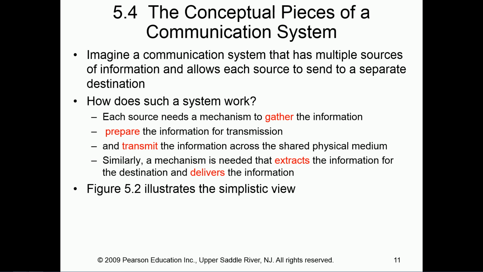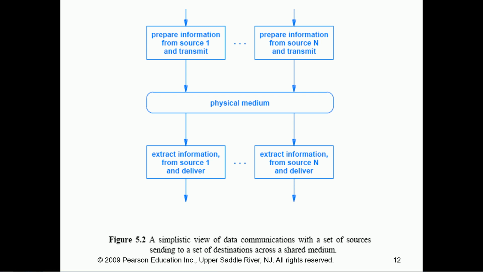Once it gets there, you extract the different packages to wherever they need to go. Some packages may be going to the south, some may be going to the north, some may be going to central. Just kind of depends. And then you deliver them to their individual locations. Graphical representation of that is you prepare it, you send it over the medium, you extract it, then it gets delivered. Each one gets prepared, transmitted over one medium, gets delivered, and extracted at their specific location.